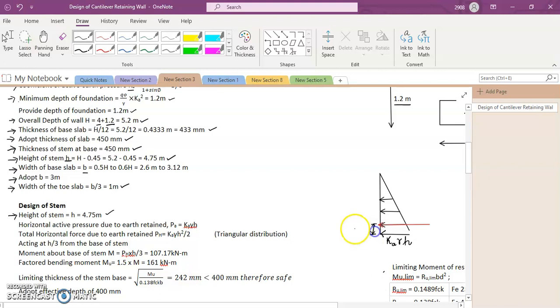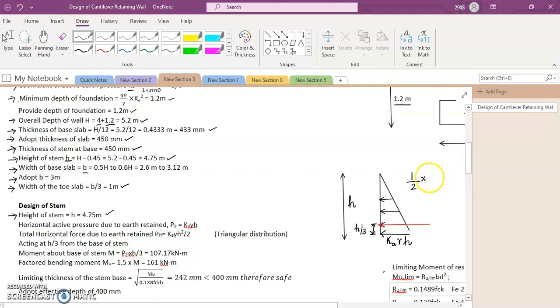Somewhere here, and this height will be h by 3, where h is the total height. So this height here is h, small h. So Ka gamma into h is the pressure due to the soil which is retained. If we want to find out the total pressure that the earth is putting on the retaining wall, since it is triangular in distribution, it will be the area of the triangle, and it will be half